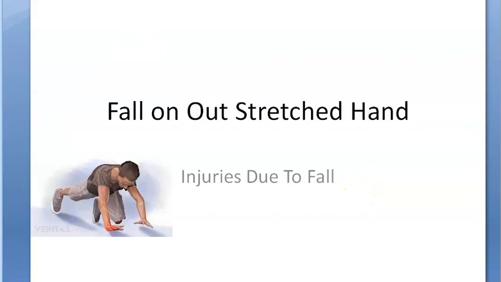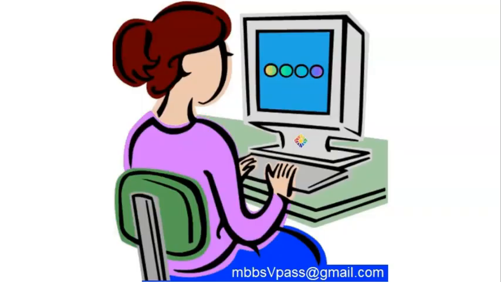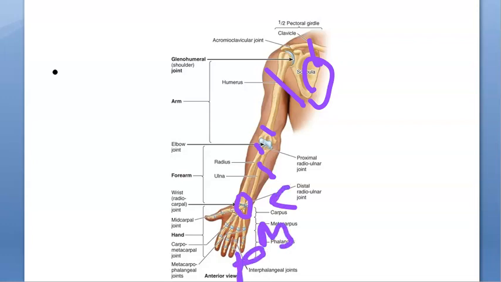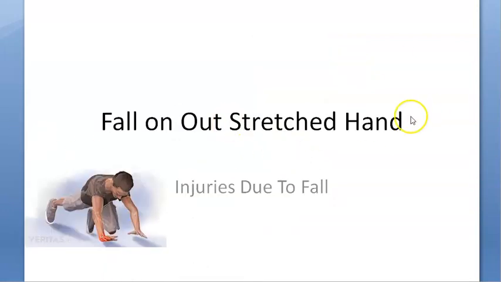Outstretched hand. So, guys, anybody can tell what parts will get fractured, right? You can guess, isn't it? All these bones can get fractured: the clavicle, the scapula, the humerus, the elbow joint, the radius, the ulna, the wrist joint, the carpals, the metacarpals, the phalanges, right? Then even the shoulder joint can get dislocated, very common. And then the sternum, wherever you have the sternum, there also some fracture can happen. So these are all the fractures that happen because of a fall on an outstretched hand.